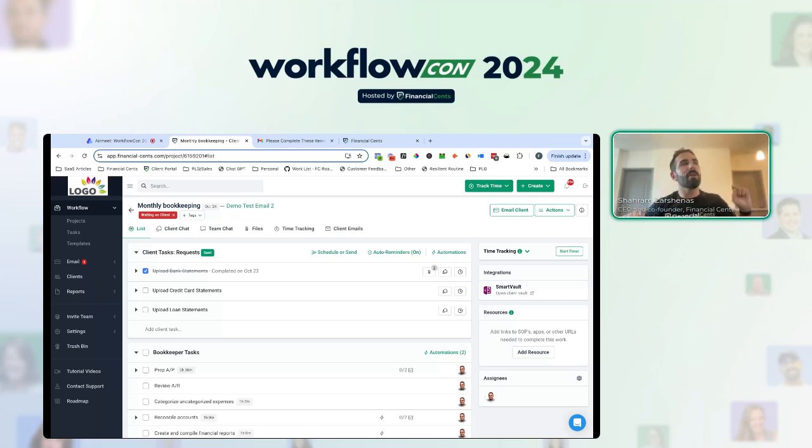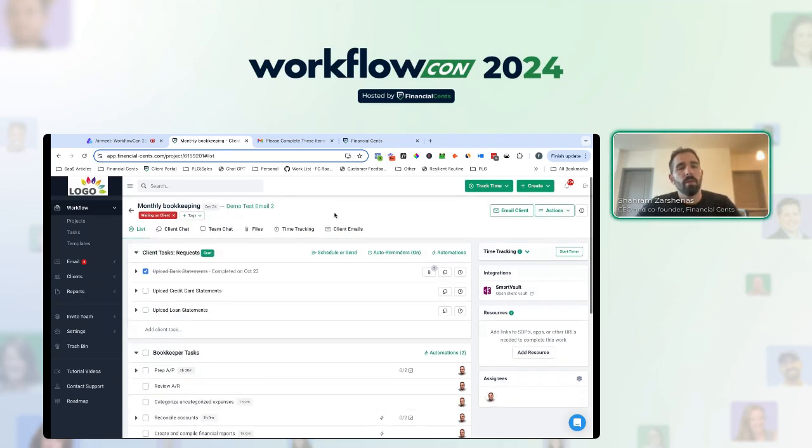So they're not having to go to different apps to find information or look in folders for client documents. Everything is right here, keeping your team efficient, keeping everything organized, and making sure no mistakes happen. You can even access external resources here, so you can link to videos or other apps from inside Financial Sense. So literally everything your team needs to get their work done.